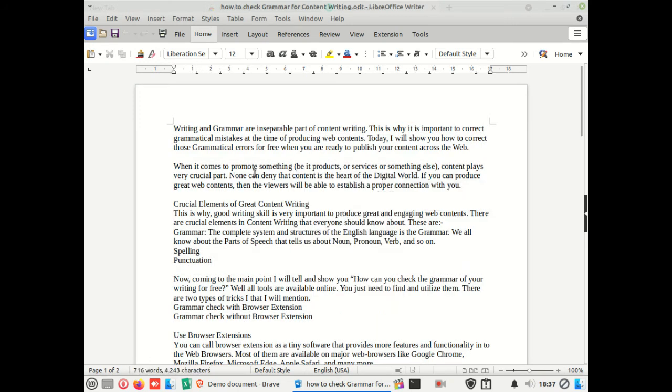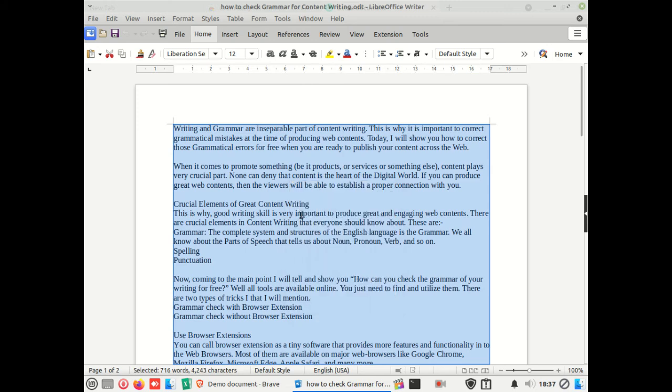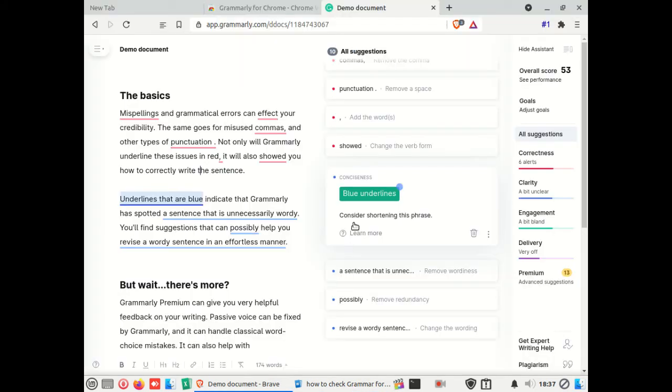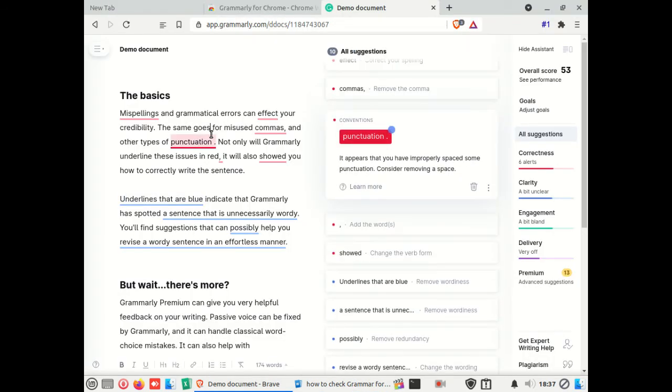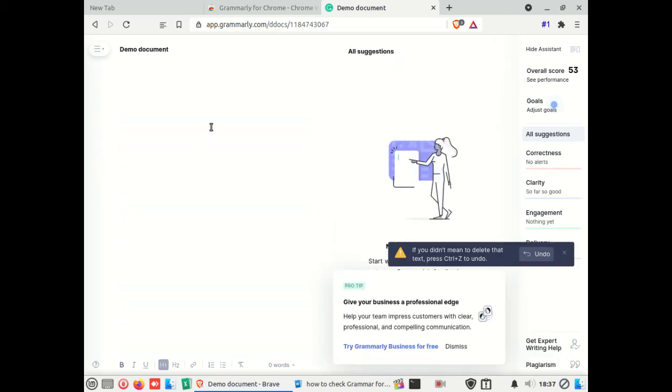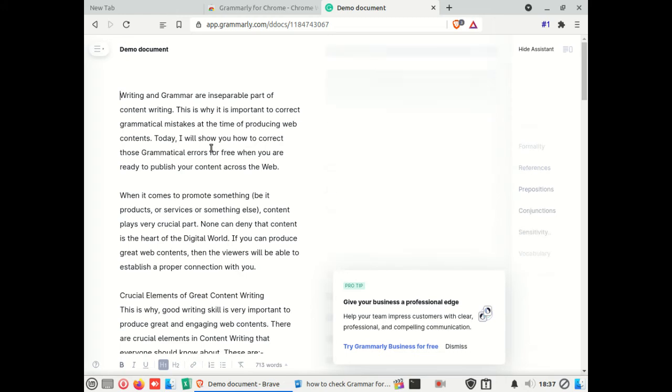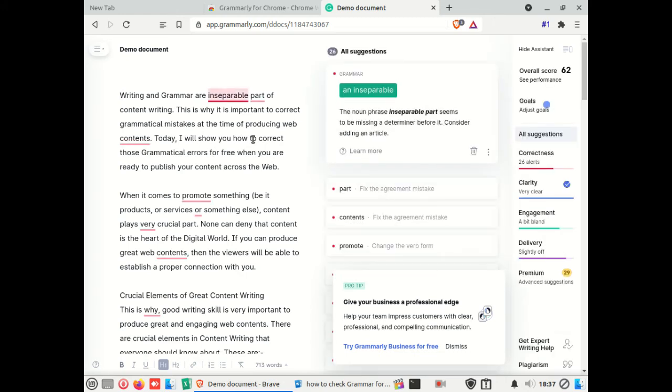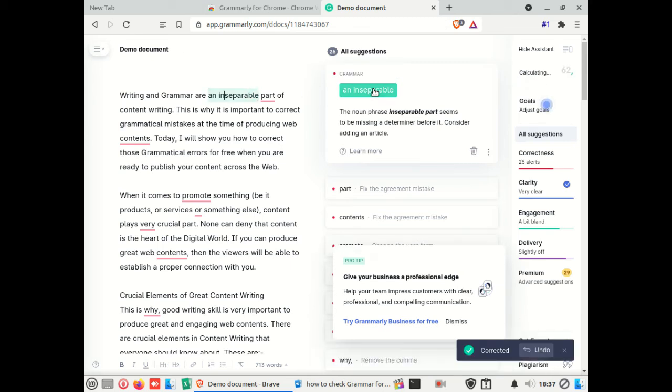I have already written contents, and this content will be placed on Grammarly to check if there are mistakes. After pasting the contents, you will see that it is already showing the mistakes, the grammatical mistakes, and you can